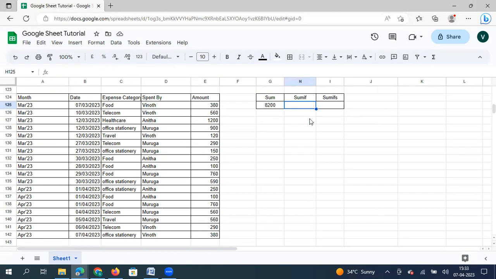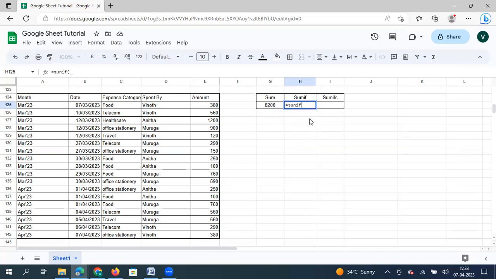Now, how does the SUMIF function work? SUM is very familiar, many of you would have used it. SUMIF is, again, going to help you sum the values in a cell or a column, but based on a criteria. So what do we mean by criteria? Let us say I wanted to sum the expenses incurred for food. Here there are different expense categories, but I want to add only those expenses which are incurred towards food as the expense category. So I can type equals SUMIF,